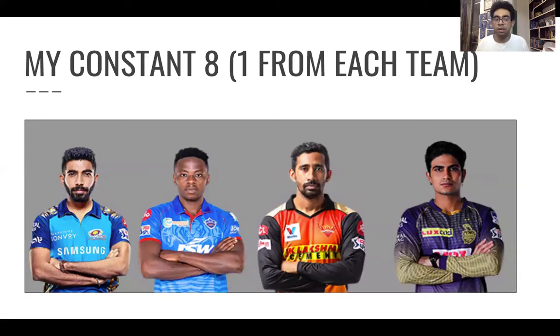The first one that I'm picking is Jasprit Bumrah. I've said this in my previous video as well, but Jasprit Bumrah is a fantastic player. He will get you wickets consistently. He will bowl in the death overs, and bowlers are very, very important, which is why I've spent a lot of money on bowlers here, because they give you 25 points per wicket, which is equal to 25 runs for